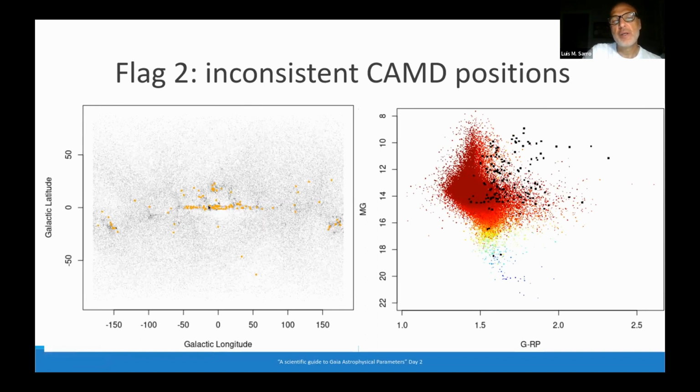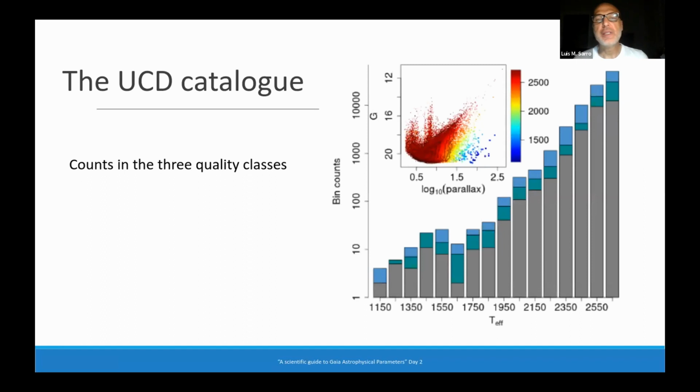But this concentration here around the bulge and in the galactic plane, this is due to reddening. So it's a mixture of the two, okay? Now the UCD catalog, as I said, contains 3 quality classes, and this is the distribution as a function of